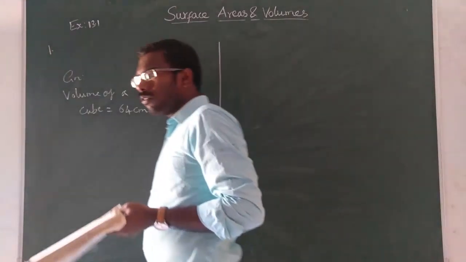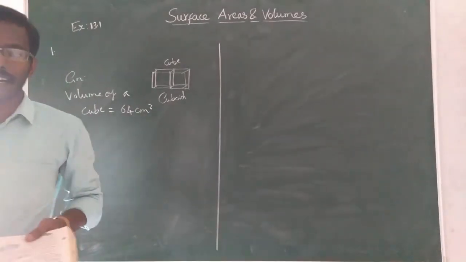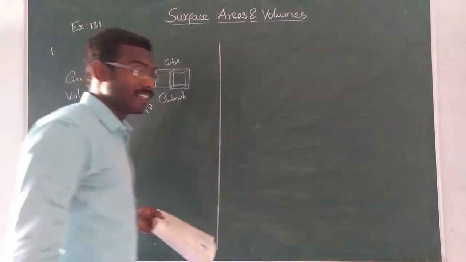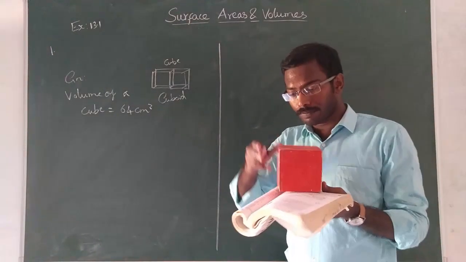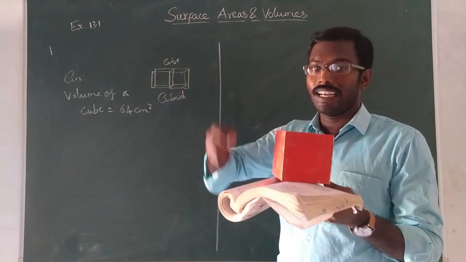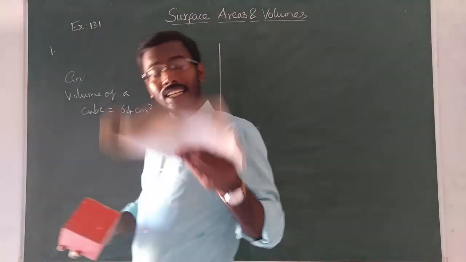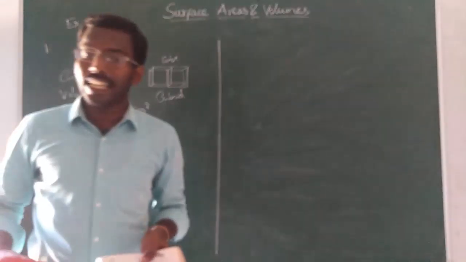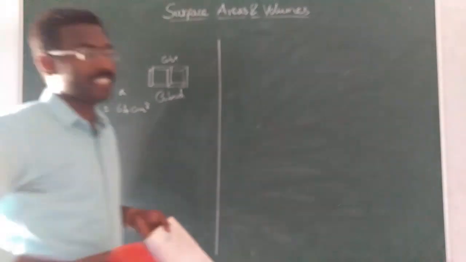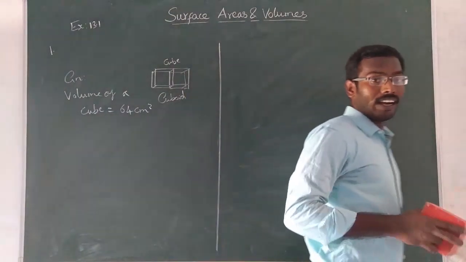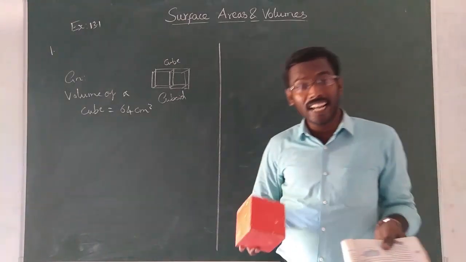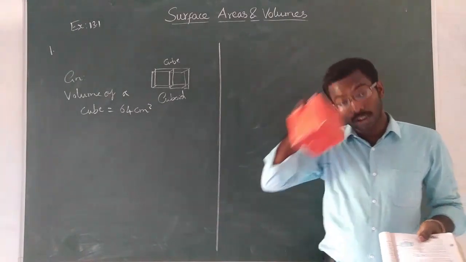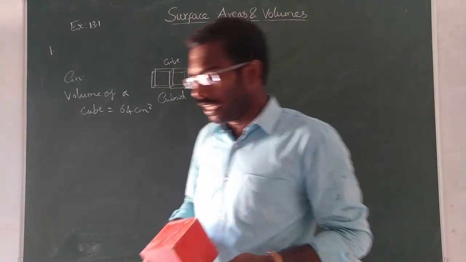If you want the surface area of the cuboid, here they didn't mention whether it is total surface area or curved surface area, but simply surface area means the overall surface area of the resulting cuboid, that is TSA. You have to use the TSA formula. So do you remember the TSA formula? TSA of cuboid is 2 into (LB plus LH plus BH). Okay, so 2 is common. Hope you remember that.